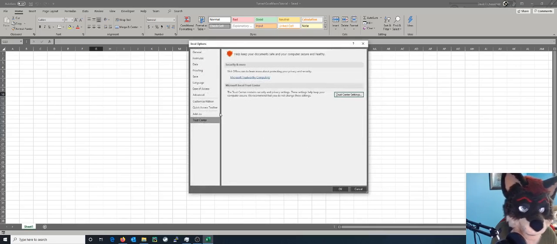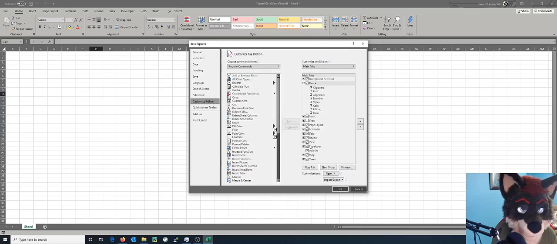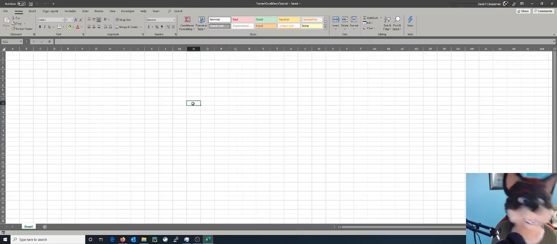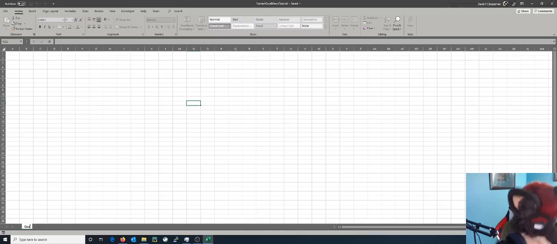Then over here, you're going to go to custom ribbon bar and you're going to make sure this is checked. This developer option, it needs to be checked. We're going to click OK. So there we go. Now we're going to make a basic sheet to do stuff in. So we're going to have a question,